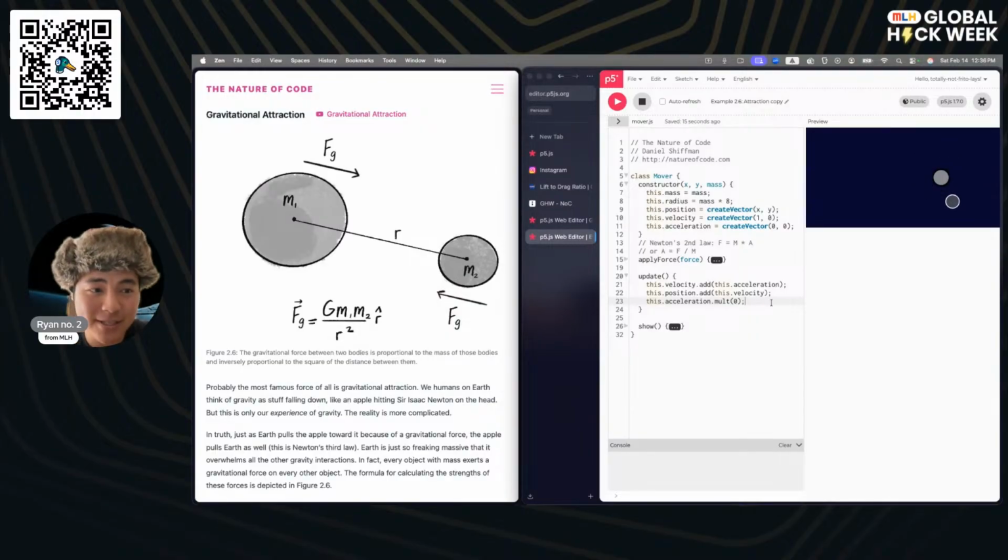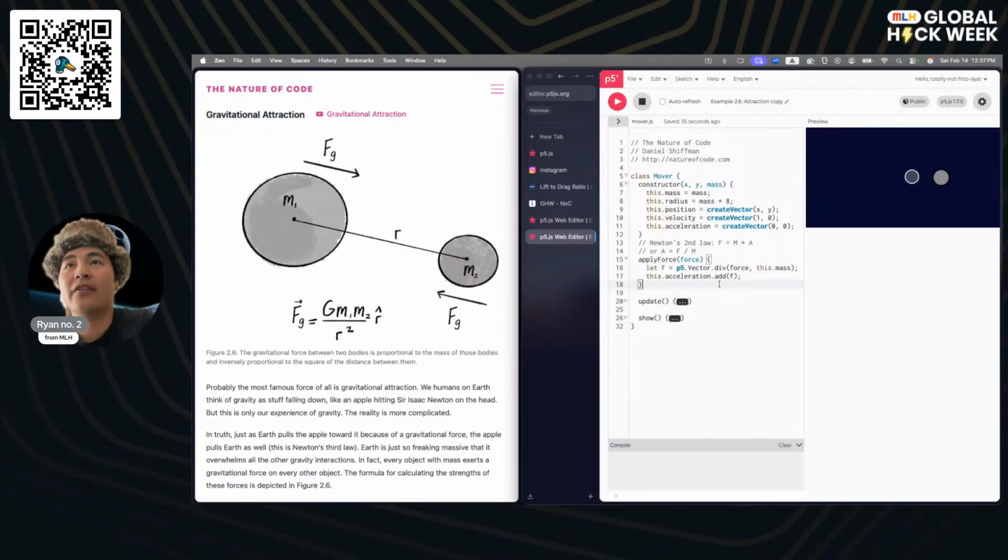You only accelerate something as long as force is continually being applied to it. Let's say that this hand right here is pushing into this hand. The moment that my hand stops pushing is the moment that the acceleration stops being applied. And so the way that we do that is just by multiplying by 0. So that's something that we need to make sure we do at the end of every frame after we've calculated how far our object has moved.